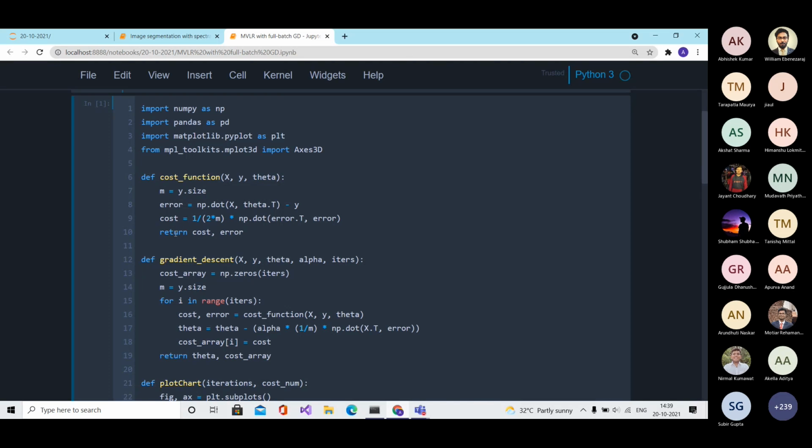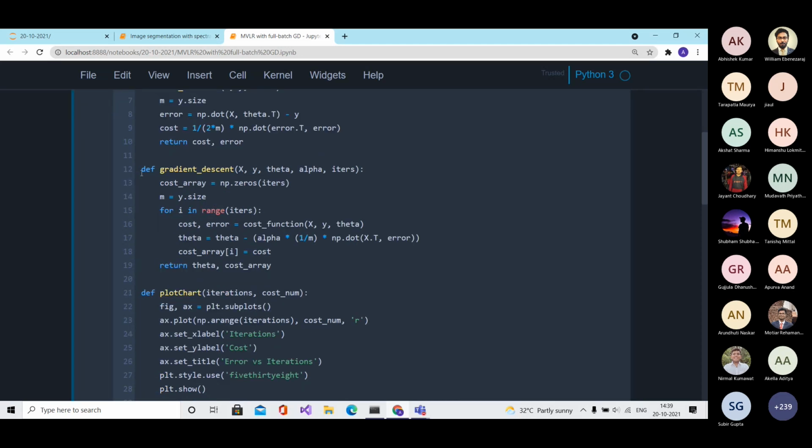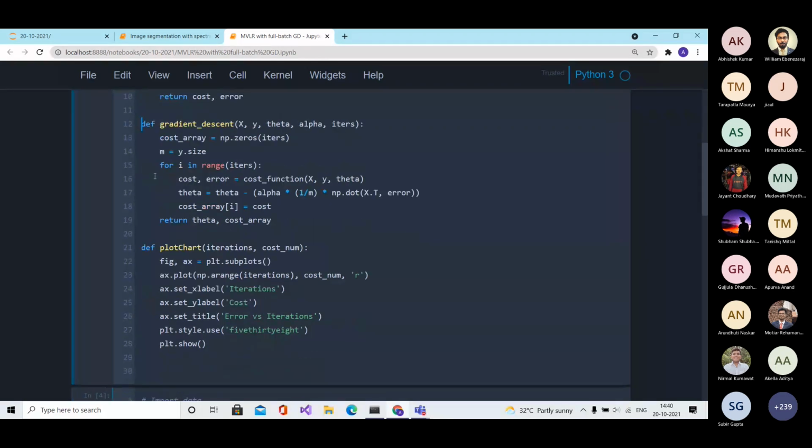Since we are looking into a regression problem, we first define the regression cost function. After that, we define the gradient descent function, in which first we mention the number of iterations up to which we want the gradient descent to continue.